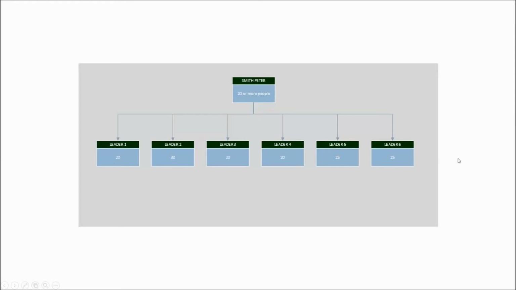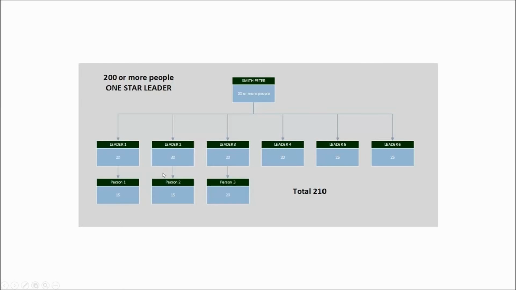But to be able to get a 1-star level, you need 200 people in total. As you can see here, the total of yourself and all these people here are not 200. But if your leaders continue sponsoring other people, your total team eventually will have more than 200 people. Leader 1 has sponsored person 1, leader 2 has sponsored person 2, leader 3 has sponsored person 3, and they also have sponsored in total 20, 15, 15, which has a total of 210 people. So this total team with you on top has more than 200 people, and you have received the 1-star level